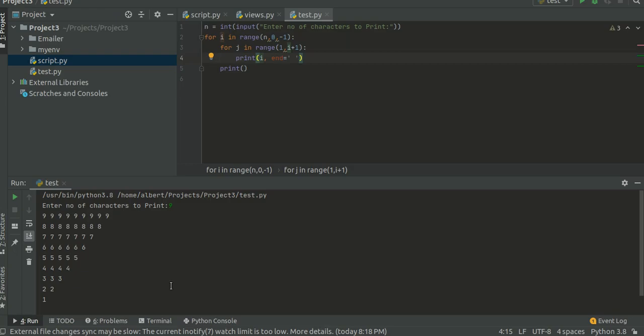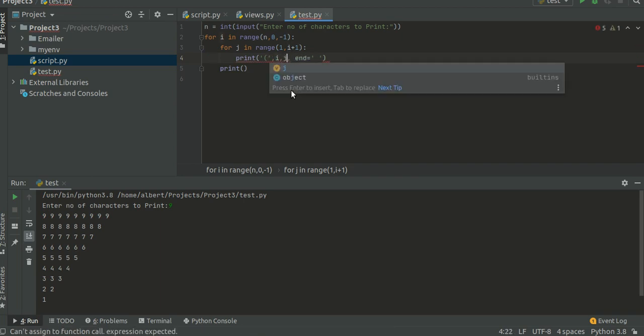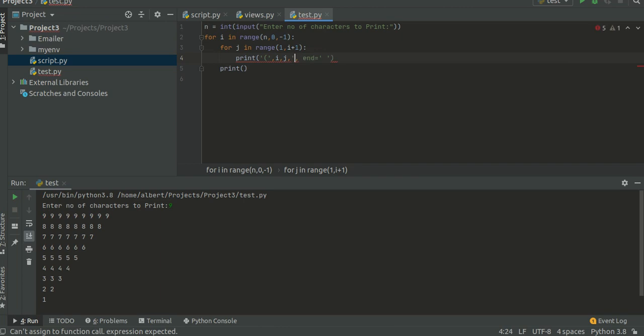So how can we do that? To convert from ASCII to character, we can use the chr function. This is an inbuilt function in Python. So let's see what we can do: i, comma,